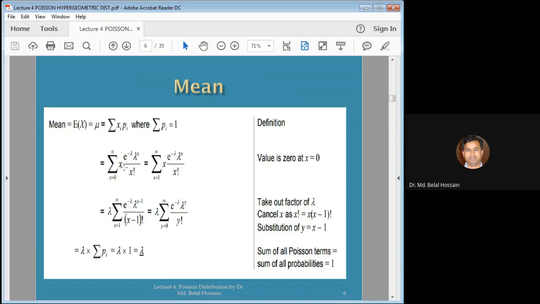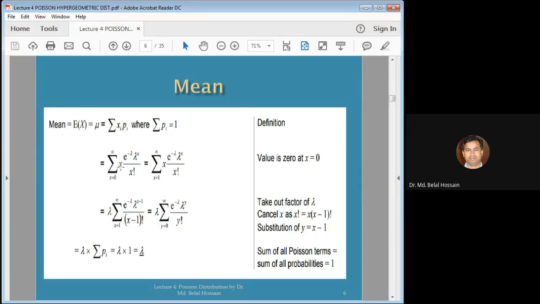এখন দেখেন, what they did in this transformation, একটা ল্যামডা তারা এখান থেকে বের করে নিয়েছে, ওকে। যখন মাল্টিপ্লাই করলো ল্যামডা টু দি পাওয়ার এক্স, একটা ল্যামডা সামনে থেকে বের করে নিল, আর এক্স ফ্যাক্টোরিয়াল থেকে একটা এক্স তারা বের করে নিল, তাহলে এই এক্স আর সেই এক্স ক্যান্সেল আউট, ওকে। তাহলে আমাদের কী থাকলো, ল্যামডা ইন্টু e to the power minus ল্যামডা, ল্যামডা টু দি পাওয়ার এক্স মাইনাস 1।